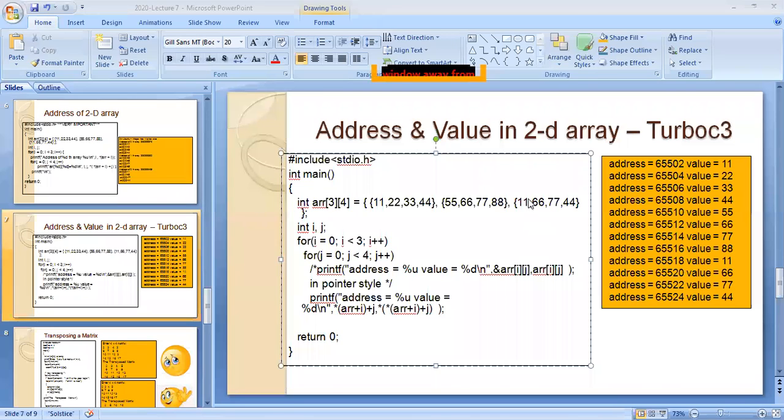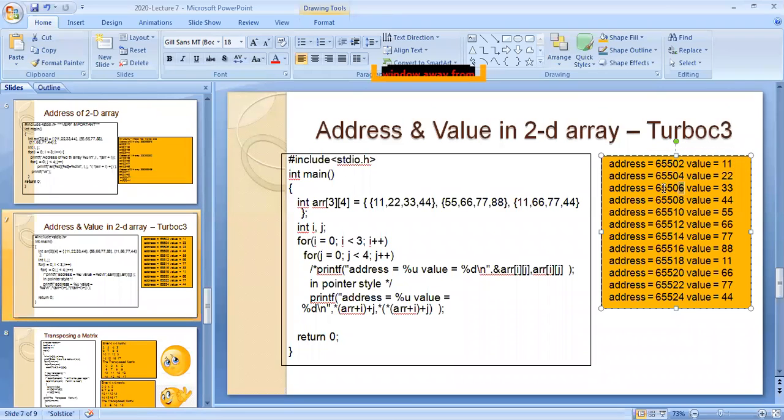In Ubuntu, we have it like that. But when you come to Turbo C, each value will go with its own address. What is the value you have? 11. 11 is an integer, and an integer takes 2 bytes. So see here, next you have the address at the next 2 bytes, that is 6, 2, 2 plus 2, 4. Next again, what is the value? 22, an integer. So again you go 4 plus 2, 6.